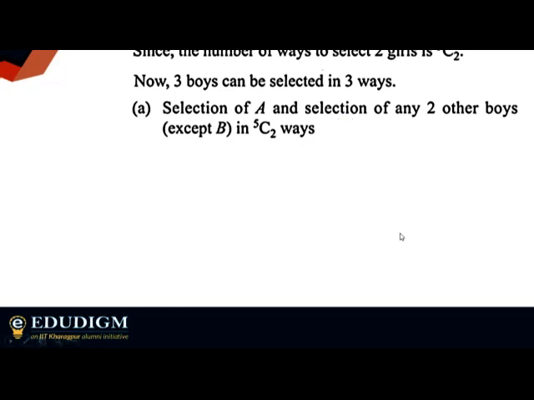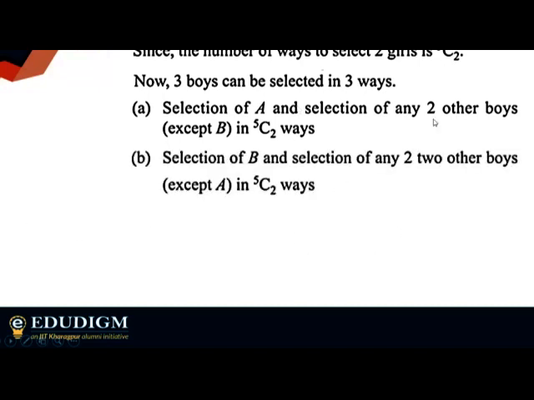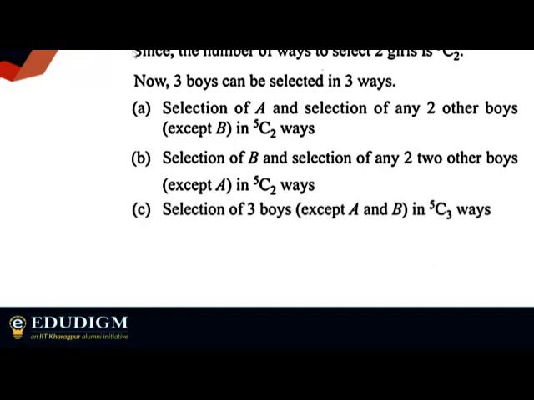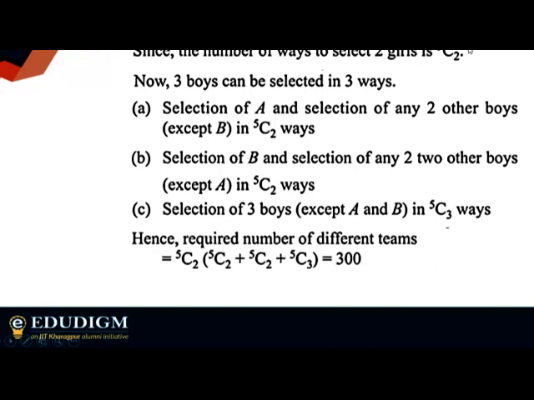We can also subtract the cases where they are together. That is something we can also do. Next one is very important. It's very similar. And the third one, I think this is one portion where you should not miss out on. Normally when we are saying that both of them are refusing to be in the same team, we just go for A is there and B is not there, or vice versa. We sometimes forget that there's a third case where none of them are there. So this is very important. This is just simple summations and multiplications.